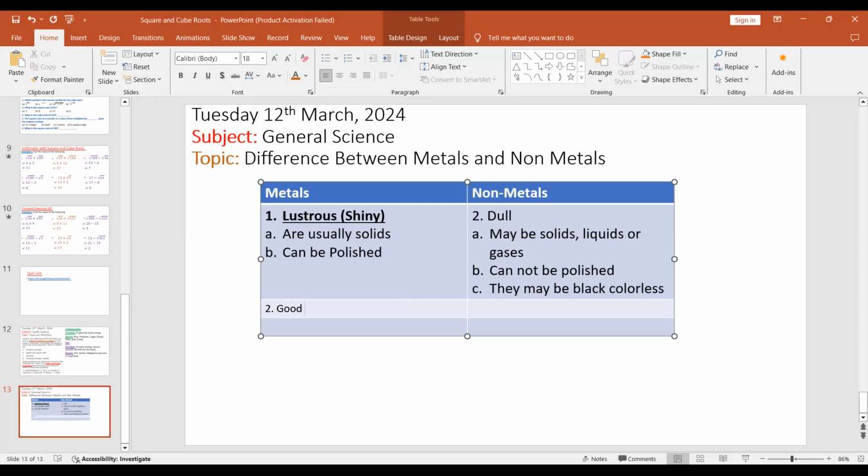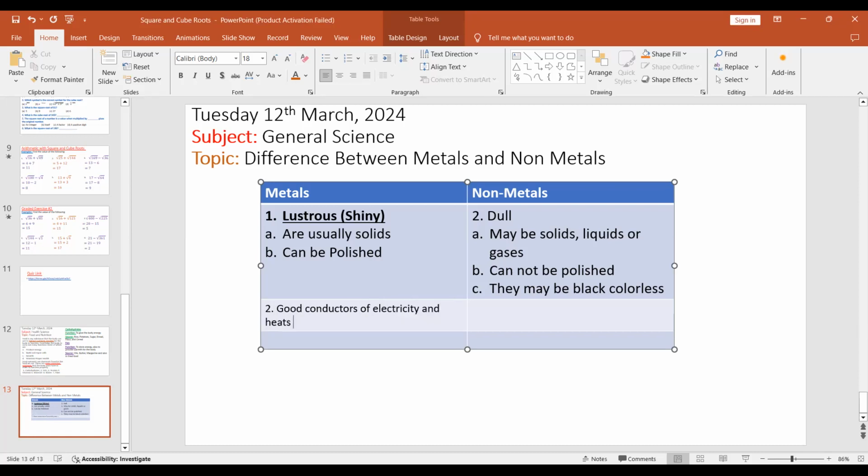Metals are good conductors of electricity and heat, right? So they are good conductors of electricity and heat. And then three, well, two, same two. Non-metals are what we call poor conductors